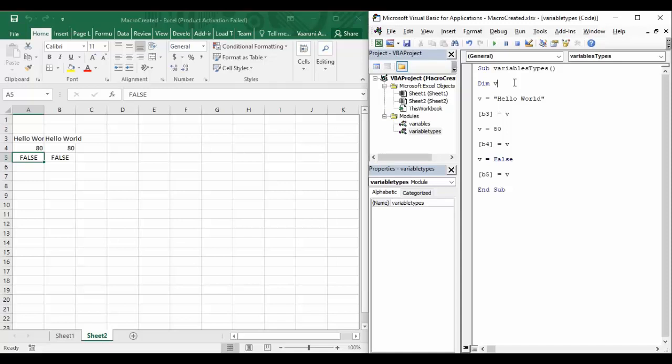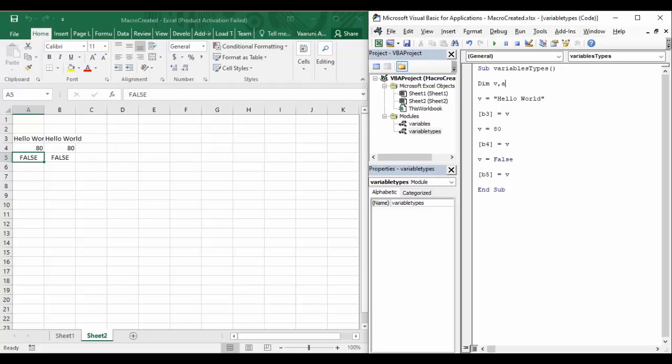What if you want to declare multiple variables? There are instances where you want to declare multiple variables. You do not want to declare a single variable, you want to declare multiple variables. So that's also possible. All you need to do is, after declaring a single variable, you need to put a comma, and then you can just declare or add the other variable.